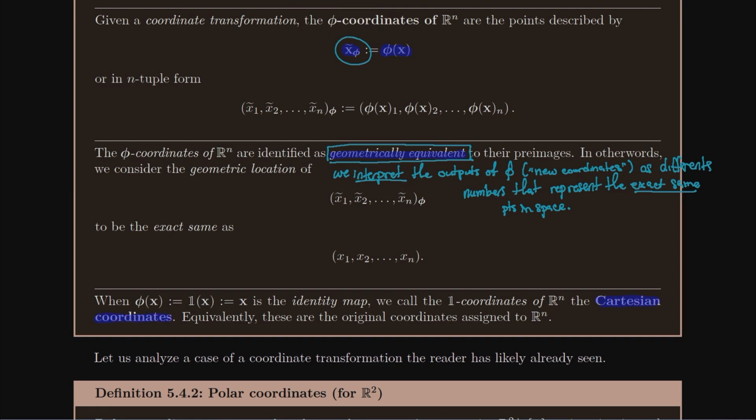The Cartesian coordinates are, of course, when phi is just equal to the identity function, or in other words, it's the set of coordinates that we always assume we're starting with. It's kind of the set of coordinates that the vector space of Rn is based off of. And so the regular coordinates we've been using our entire lives are called Cartesian coordinates, named after Descartes, who has